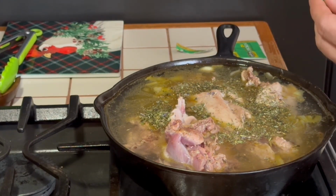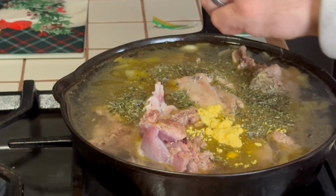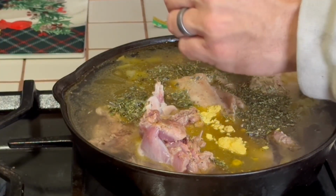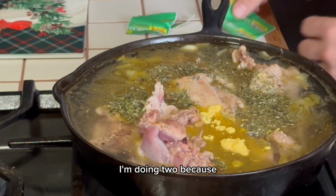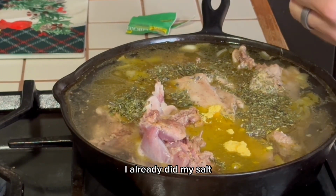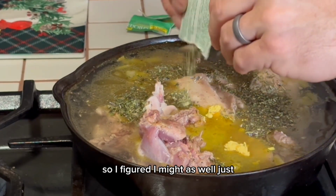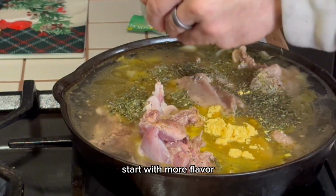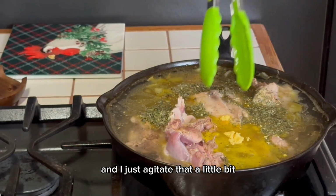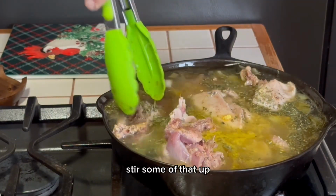Finally, we're gonna do 2 packets of sodium-free chicken bouillon. I'm doing 2 because it's salt-free. I already did my salt, and I'm planning on having to add more water, so I figured I might as well just start with more flavor. I'm gonna just agitate that a little bit, stir some of that up,